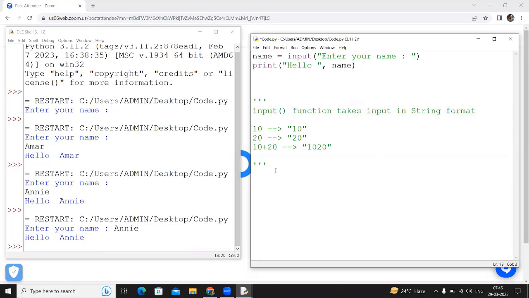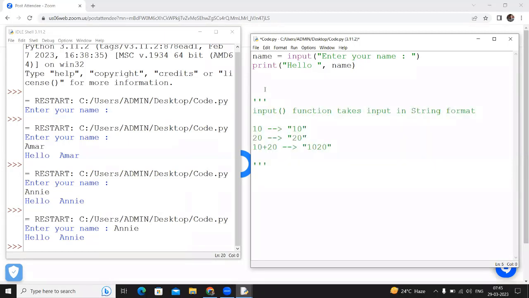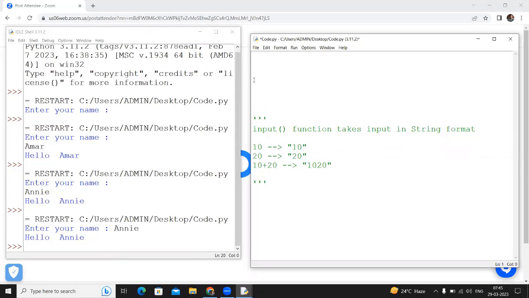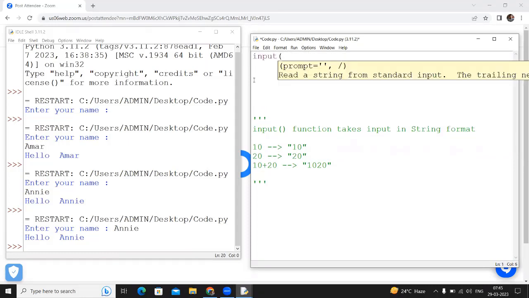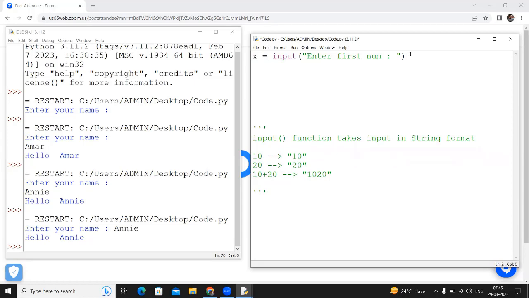That is, these are just like comments in Python. Of course, not comments, we'll discuss later. Okay, this theory I'm writing like this. See, now I'm asking like this: input, enter first number. They will enter the number, which we are collecting into, suppose, x. Next again we are asking